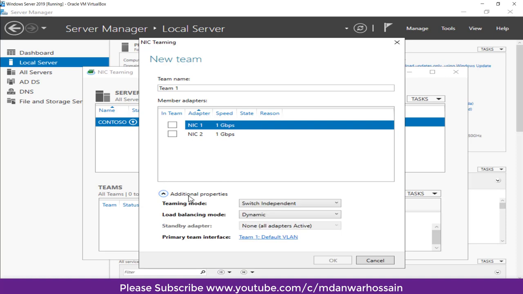Click here. We can see the teaming mode, and the present status is showing Switch Independent. If we click the drop-down, we can see Static Teaming, Switch Independent and LACP. With Switch Independent, it doesn't matter which network interface card is plugged into which switch.